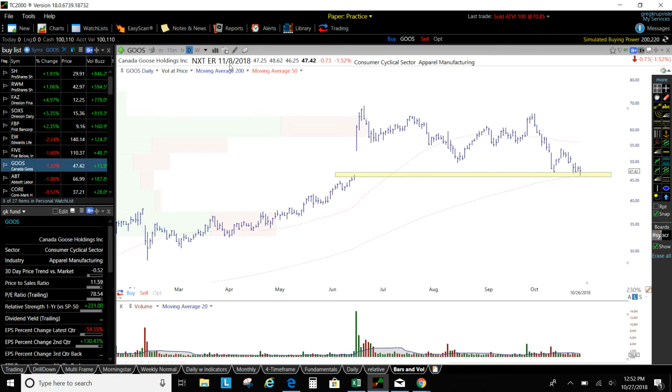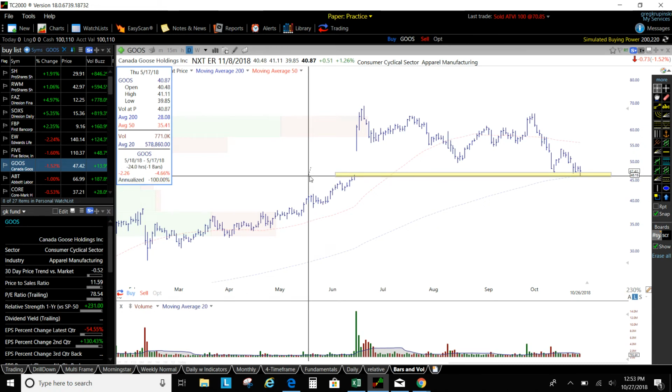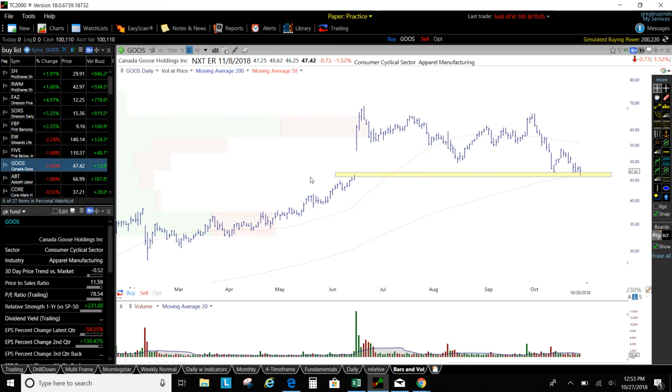Goose, this is one. Earnings are 11.8, so you've got to watch that this time of year. But this has finally filled that gap from June. You can see it right here around $46. The big runaway breakout finally filled that gap right at the rising 200-day. So this one, if it starts stabilizing there or pulling up,